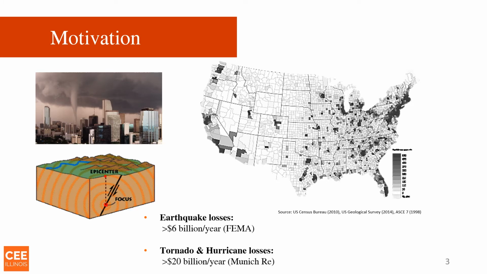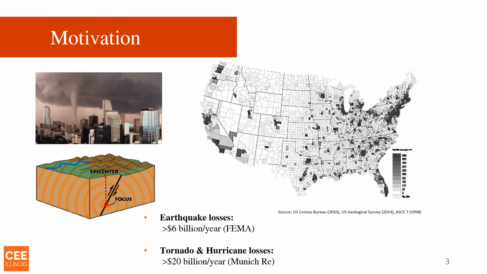In the United States, when it comes to natural hazards, every state is exposed to one or more of a host of hazards. Natural hazards can undo years of development and devastate the infrastructure. As it pertains to the infrastructure, earthquakes, tornadoes, and hurricanes are most notable. In the US, earthquakes cause over $6 billion in damages distributed annually, while tornadoes and hurricane losses amount to over